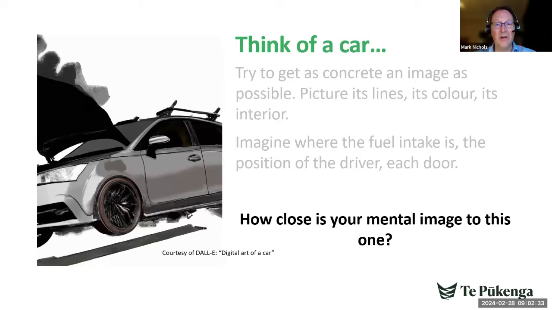Now, I wonder if the color of your own image was the same, whether yours had a roof rack, 4 doors, an open bonnet. One of the most difficult things around what I'm going to be talking about, and also one of the greatest barriers to what I'm investigating, is the incredibly casual language we tend to apply to modes of teaching and learning. We use terms like blended, high flex, hybrid, flipped, and online, none of which are any easier to agree on than what a generic car might look like. But we use these terms frequently, and we often mean very different things when we do so. So I've written about this recently. I don't want to get too hung up on that, but I think it describes why it's so important to try to further define modes of teaching and learning.